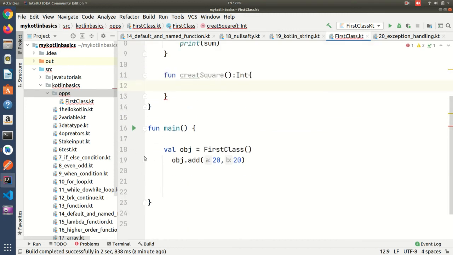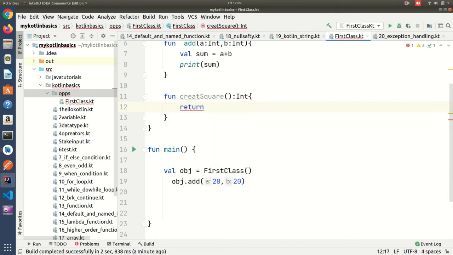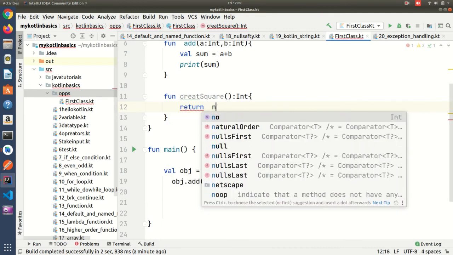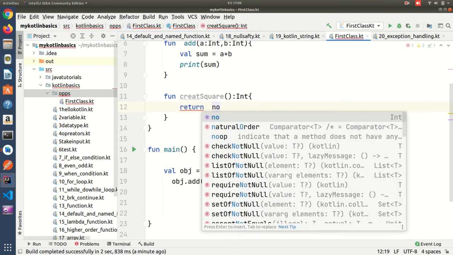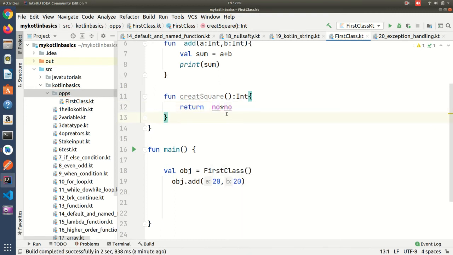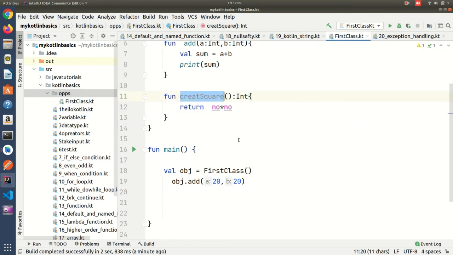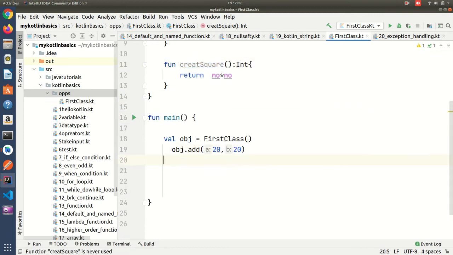For returning, I'll use the return keyword, number into number.